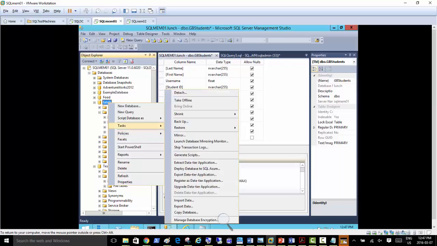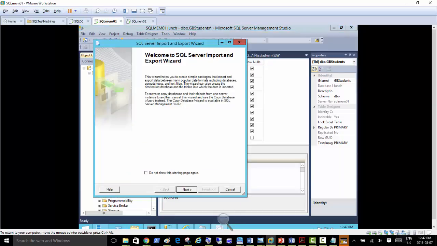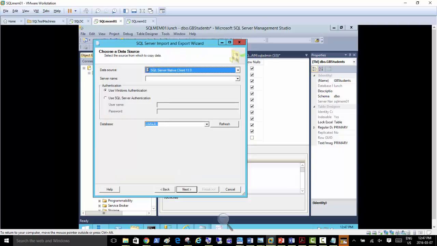So if I go to the database, go to Tasks, and go for Import. We already did the import for the Excel file, right? Oh man, seriously, never click that.